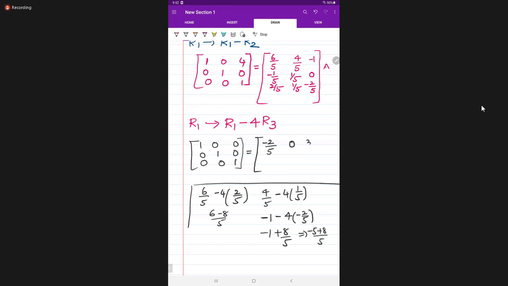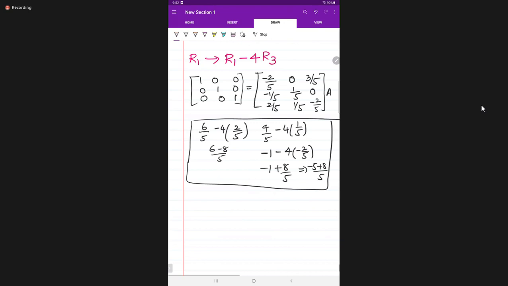This is minus 1 by 5, this is 1 by 5, 0. This is 5 by 5, 1 by 5, minus 1 by 5, into A. Any doubt, students? This is I now. Finally got the answer.